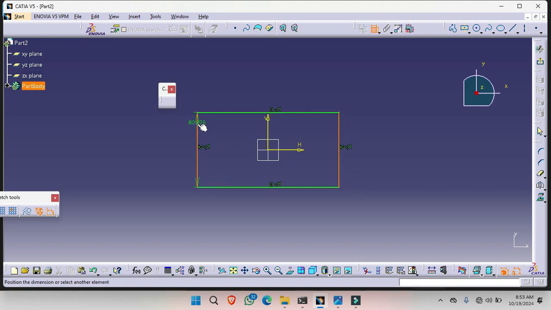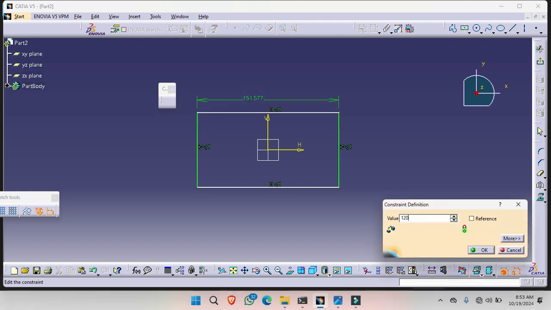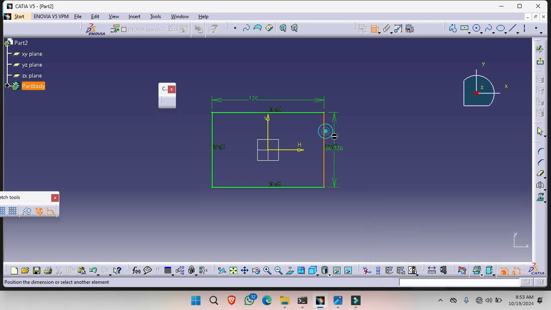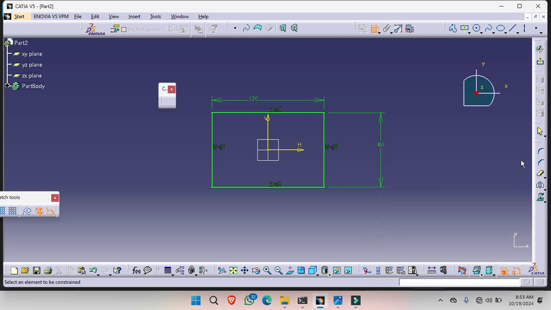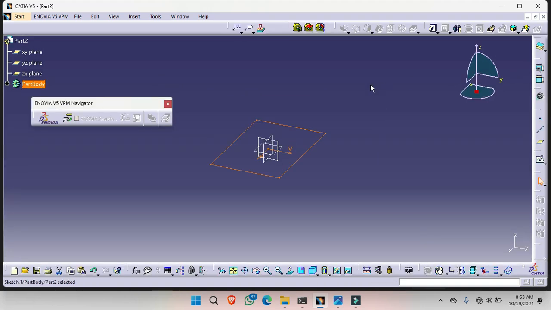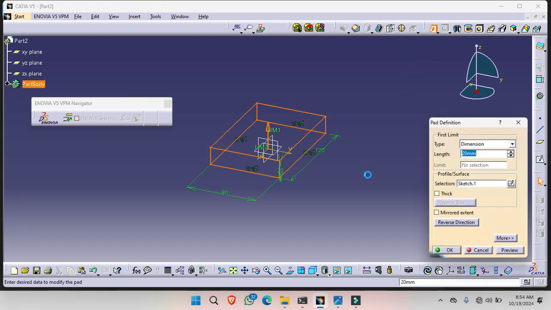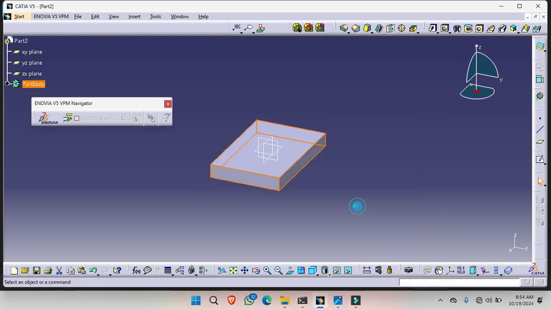This dimension is 120 and this dimension is 80. And exit the workbench view and convert into a 3D part by the pad command. And this dimension is 15. Reverse direction, click on OK.